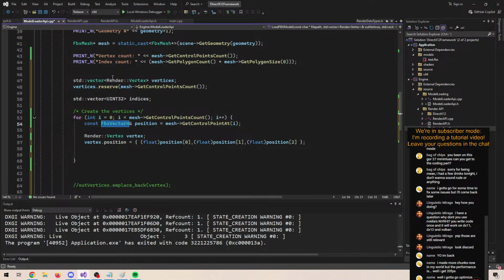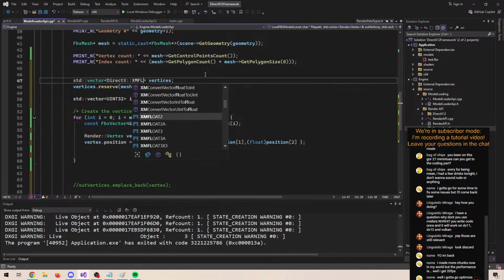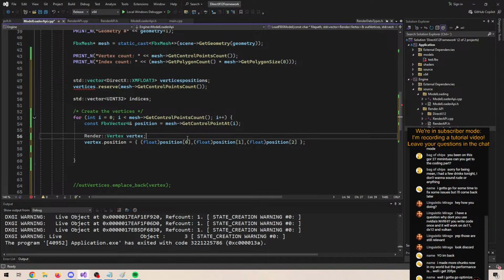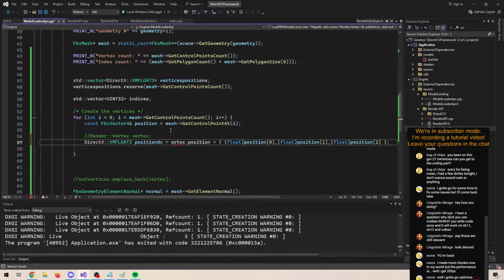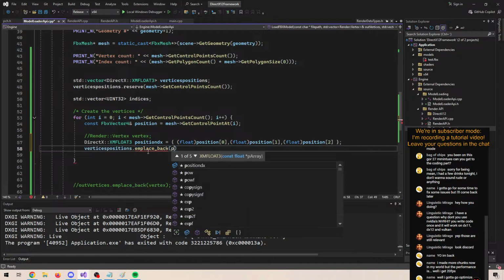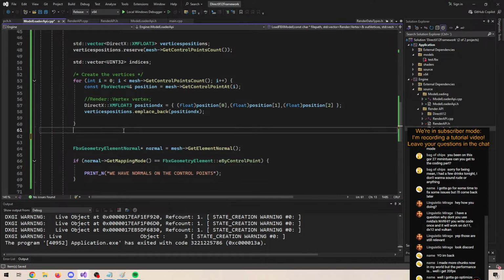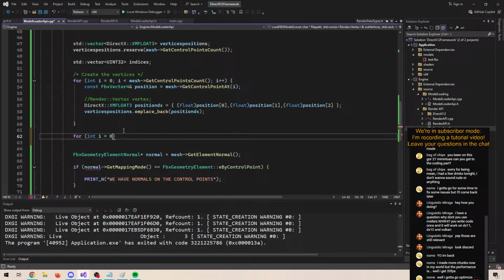Actually, I think this should be maybe even just a DirectX XM float here, positions. And then we will recompute our normals here. So instead of doing this, we will actually do a DirectX XMFLOAT3 here, position dx, and let's do an emplace back of this position index here. So we store our base vertices positions, then we want our thing here to actually process our